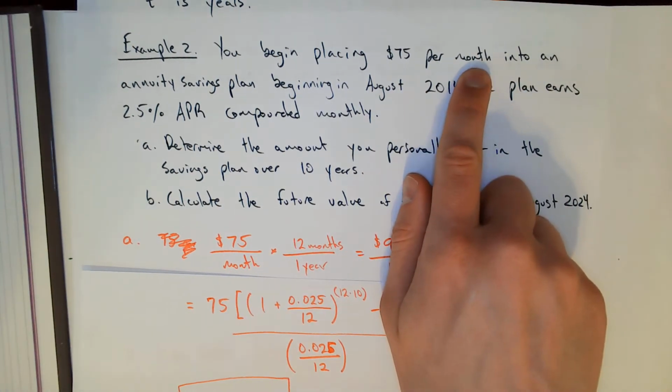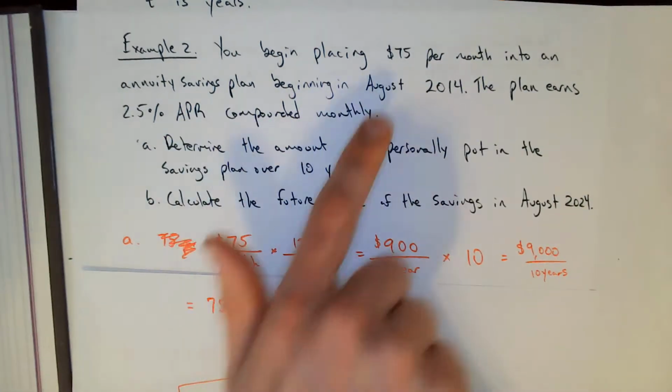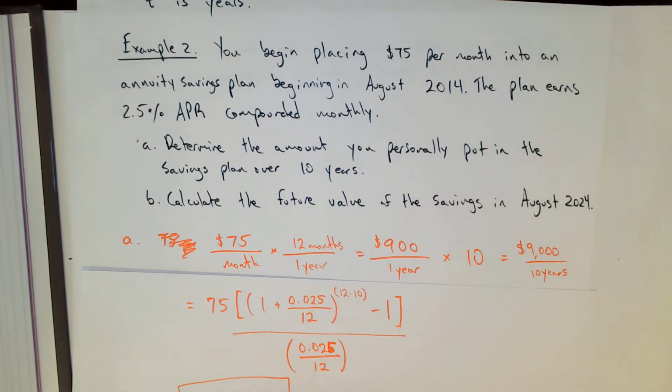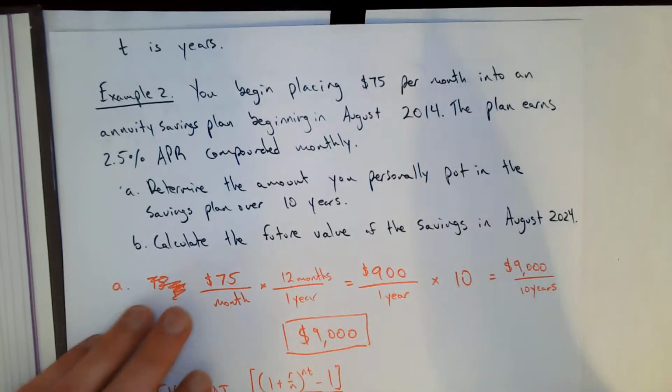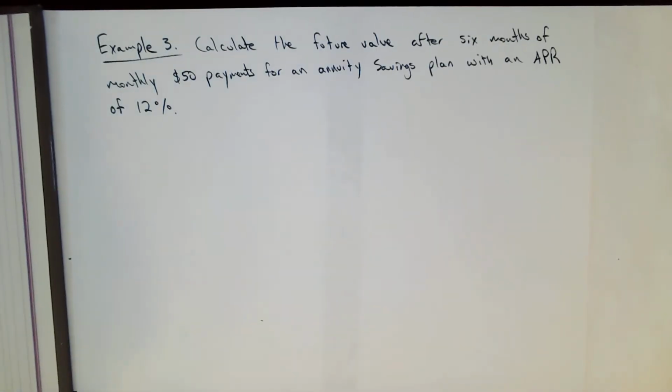The compounding for the savings account is not important when we're calculating our future value for our annuity. It's a different kind of savings account. And it just depends on your situation. Okay, so